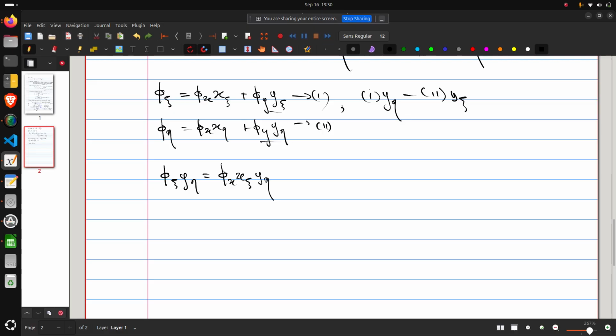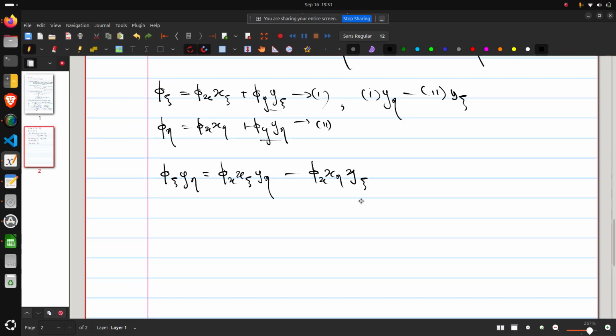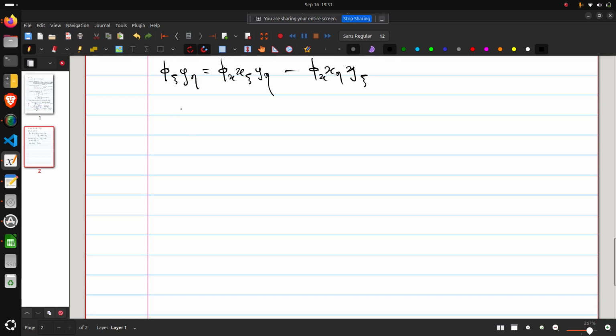This is the manipulation that we have done, and we have minus. Okay. Now we can formulate an expression for dou phi dou x, which is nothing but